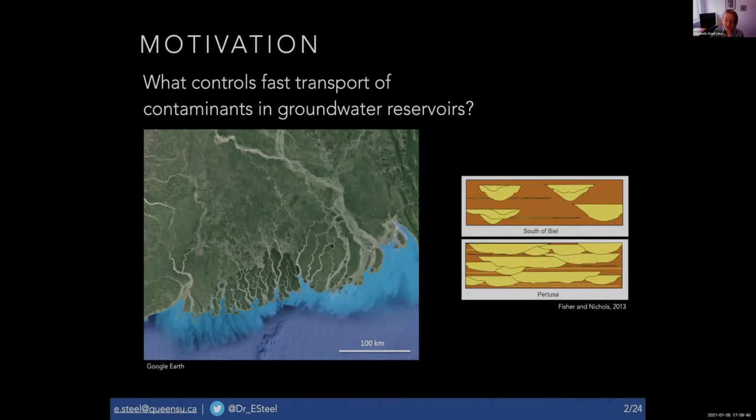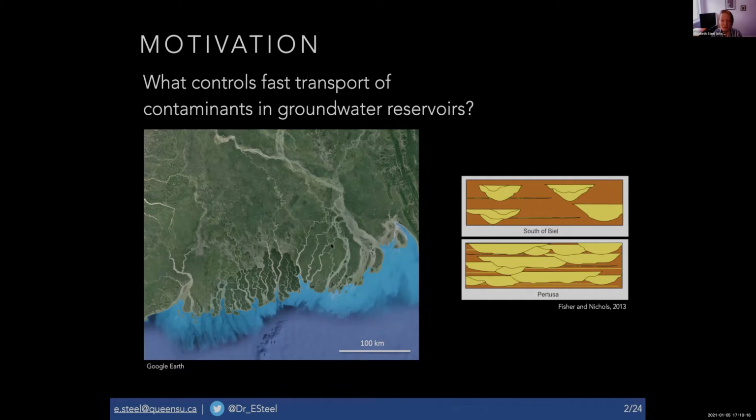And they have had challenges in this country with various contaminants in their groundwater, including naturally derived arsenic and saltwater intrusion, for example. And we are trying to better understand why, in some cases, there are these fast flow transport pathways from contaminated aquifers into what we would have expected to be uncontaminated aquifers. And the angle that I'm coming into this from is trying to understand the connectivity of the sand